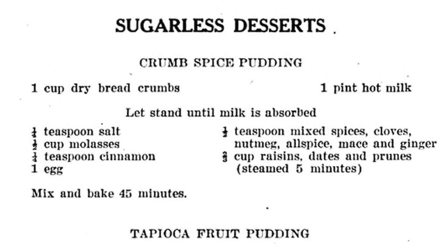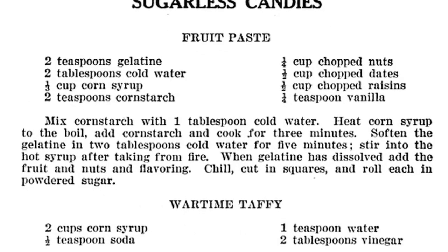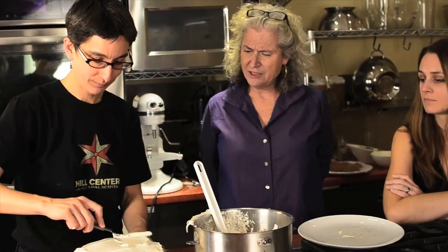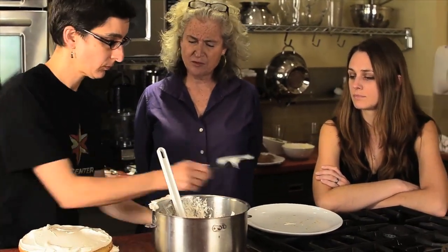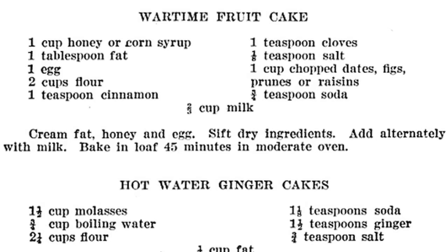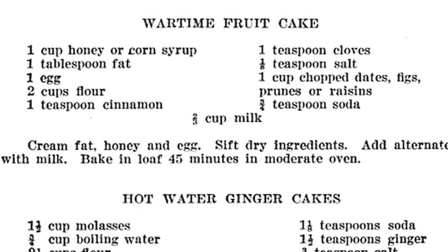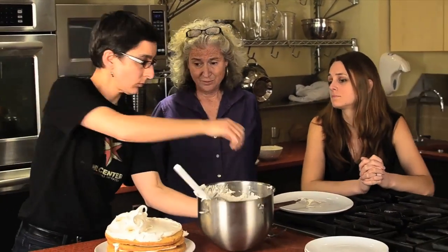Yep. I'm not really sure what was in those cakes. It was dried fruit sort of held together. Someone I know makes a war cake that his mother made, that was a recipe from World War I, repeated in World War II, which had a lot of raisins, and it was all things that were not being shipped